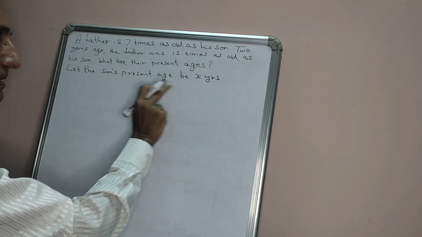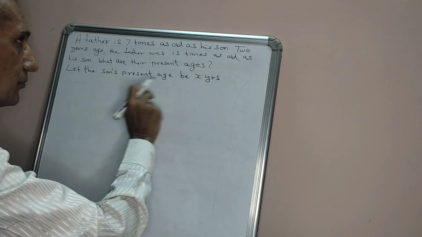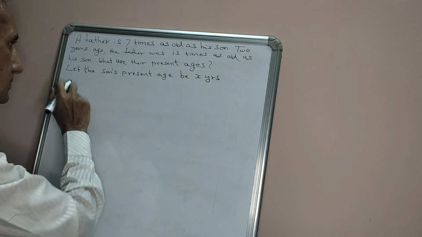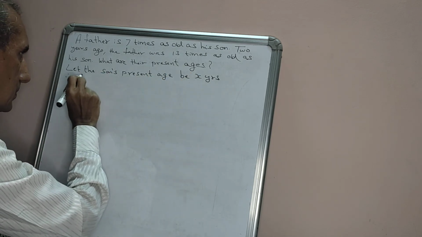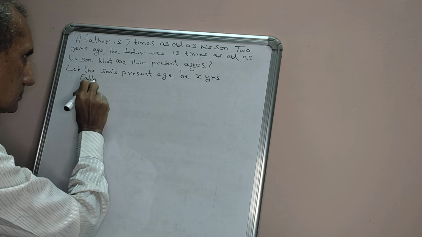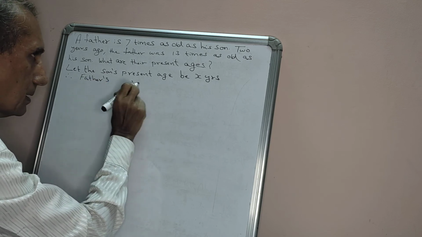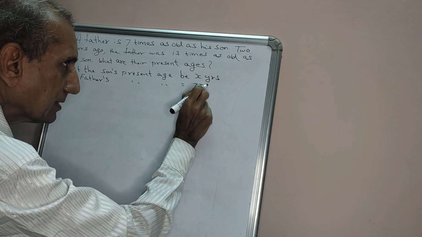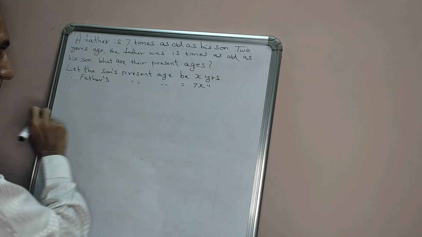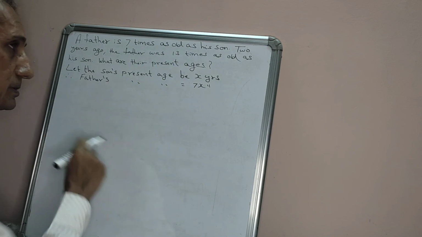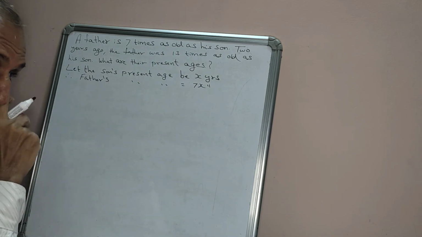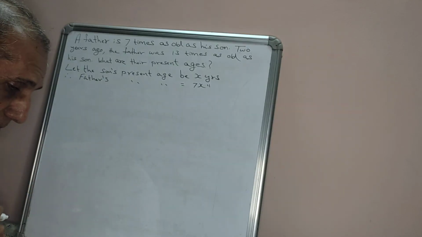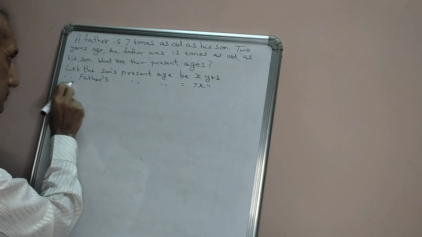So let the son's present age be x years. Okay. So what will be the father's age? The father's age will be 7 times that. Present age is equal to 7x years. Now, he says 2 years ago. 2 years ago means 2 years back. He should be 2 years smaller from what he is now. Okay, so 2 years ago,